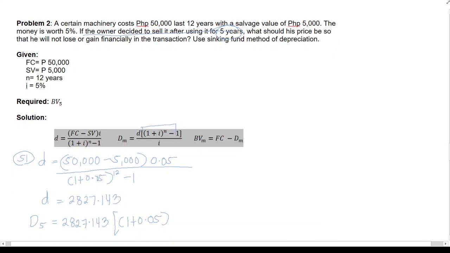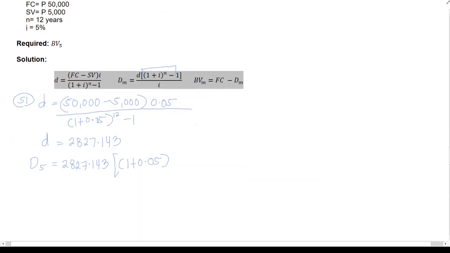So it is decided to sell it after using it for 5 years, so we use 5 already, not 12. That is raised to 5, minus 1, since we are asked at the fifth year, divided by i, which is 0.05, and we have the value of the depreciation at the fifth year,